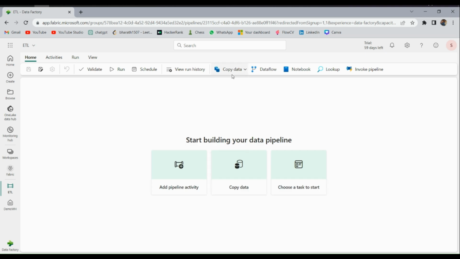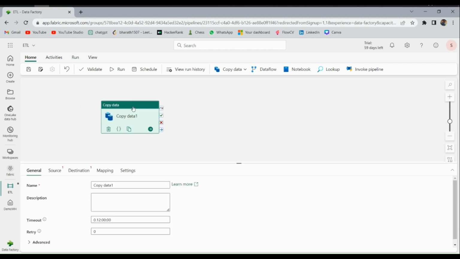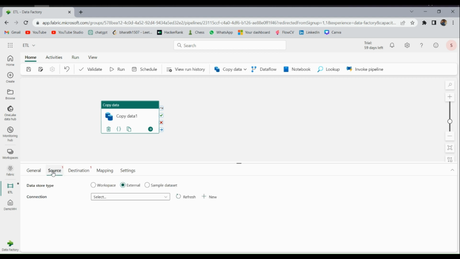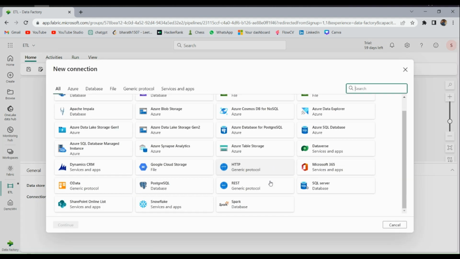Okay, we'll simply use copy activity. For this copy activity, we have to enter the configuration, source and destination. Source can be from external. If you click on new, we can see from which all sources we can pull the